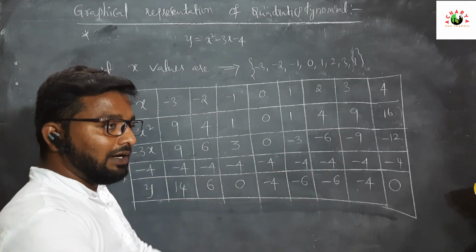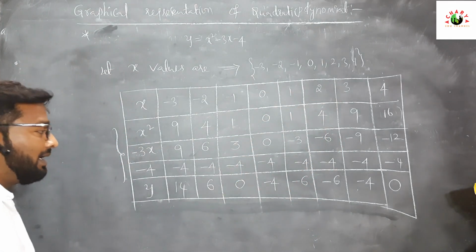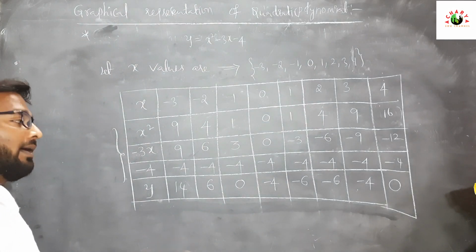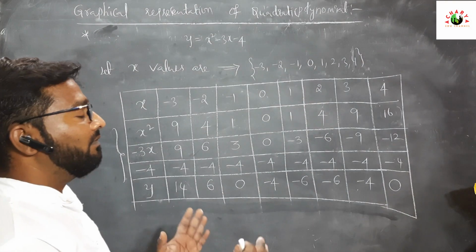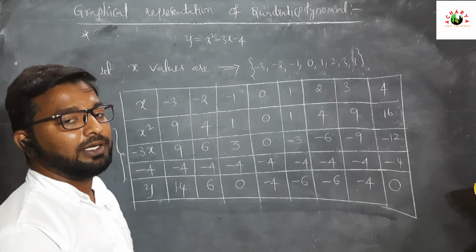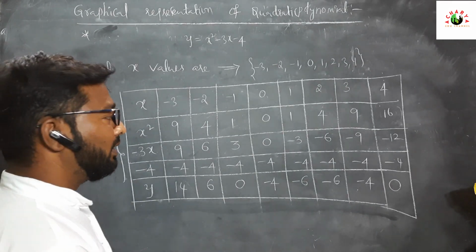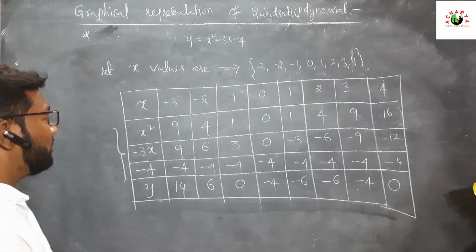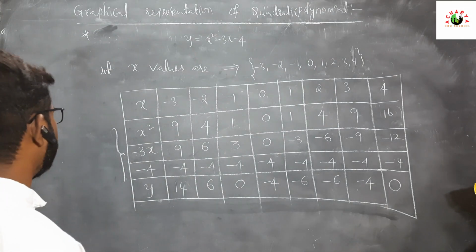While we are doing the graph, we have to extend the line. Easily we have to identify which point touches the x-axis. That is the 0 of the polynomial. Okay, once we go through the graph, you will understand easily.